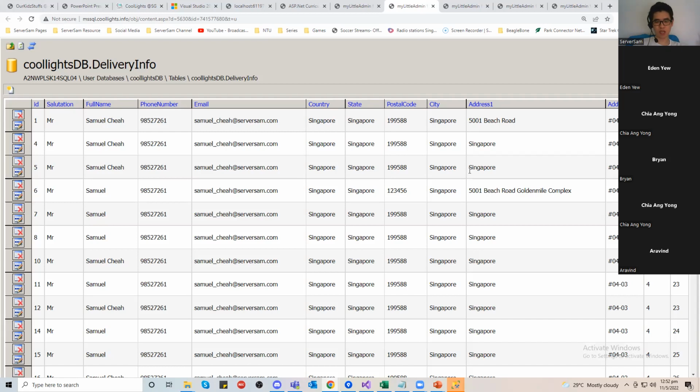But we still need to link the user. Okay, this is a cheat, but you can take note. You still need to link the user to whoever ordered that delivery information. That means whoever registered the delivery information to this purchase must be linked to somewhere, whichever user. Okay, so